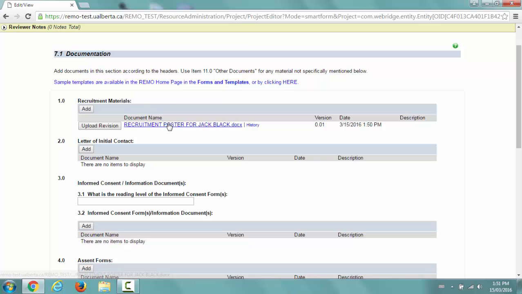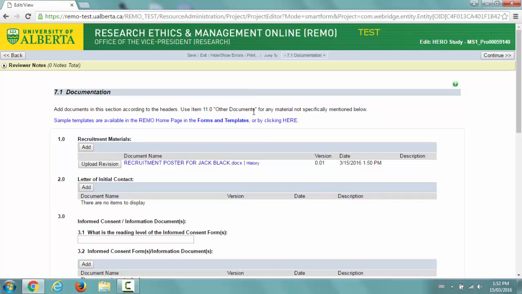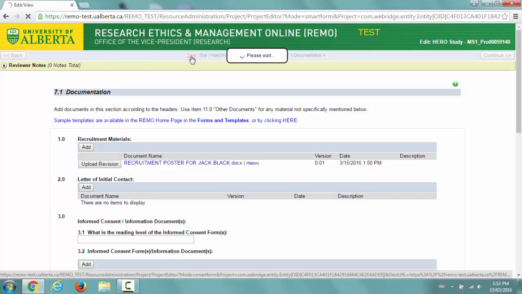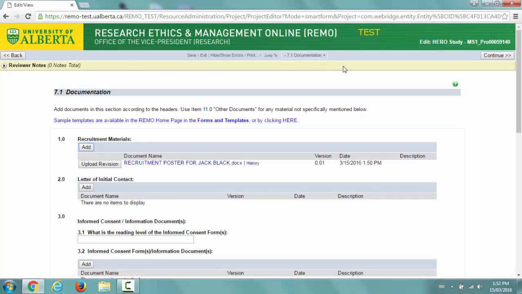There, now that's been added to my recruitment materials, and you see that it shows version 1 because I didn't upload a revision, and it is date stamped with the date and the time that I uploaded it. So again, if you already had something here and you were updating the version of it, you would just click Upload Revision, and whatever you put in here would replace the original. So I think I'm pretty much done my amendment, so I'm going to click Save. Then I'm going to click Continue